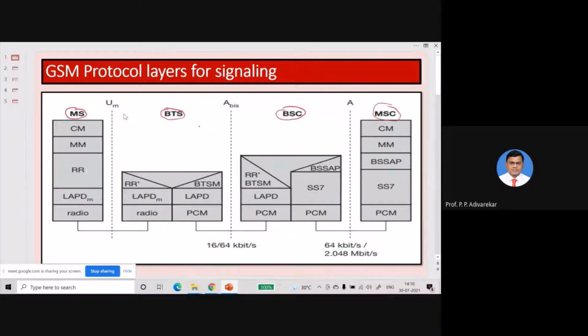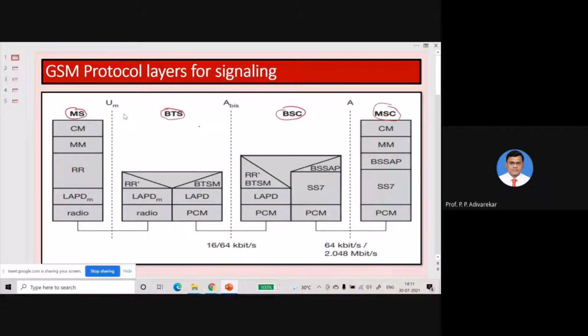Whereas the base station implements only three layers, and the base station controller also implements three layers, whereas the mobile switching center again implements five layers. So communication between all these entities happens by following the functions of all those layers.